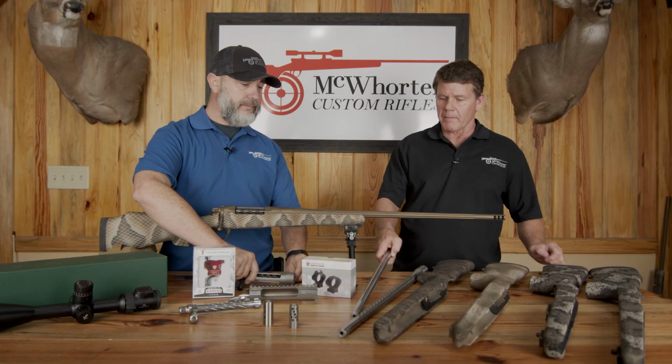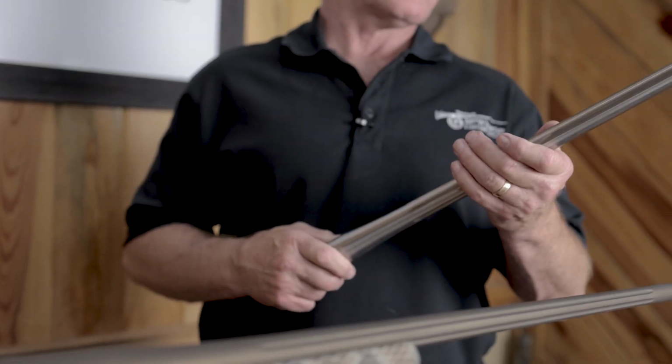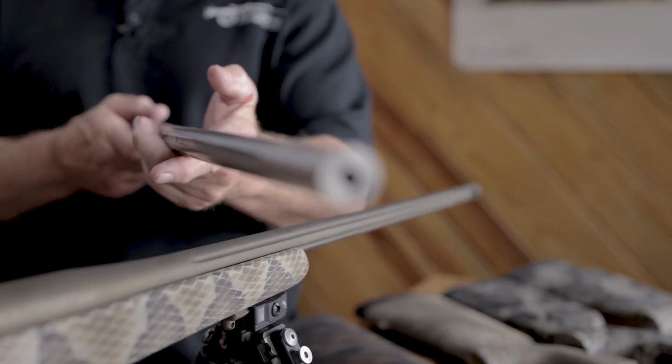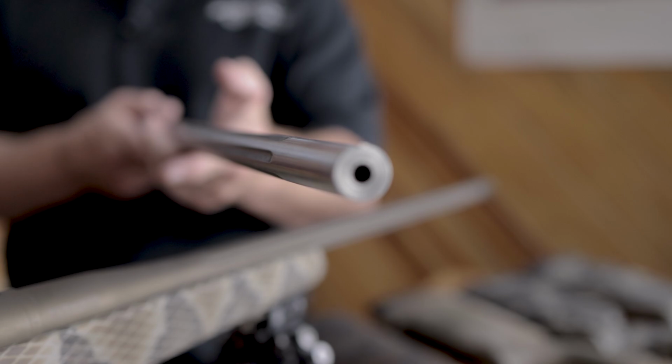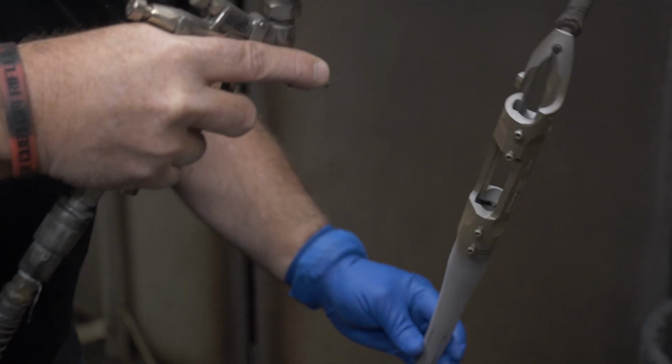Absolutely. So then you take a match grade barrel, such as this Brux. We carry several different match grade barrels. Brux is our favorite. Comes in several different kinds of fluted, and this is a straight fluted. So you hand this to Bobby or Dustin over there. They cut a perfect chamber in it, and then you're ready to Cerakote it and then bed it in one